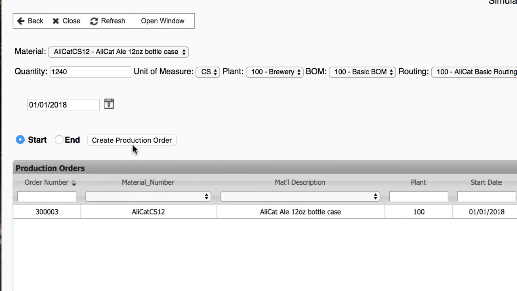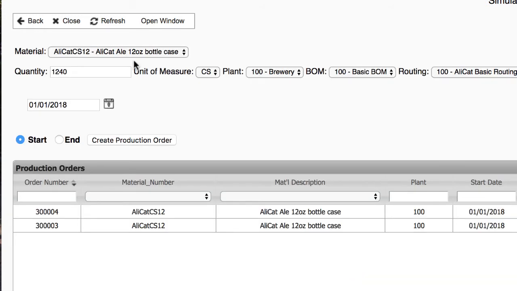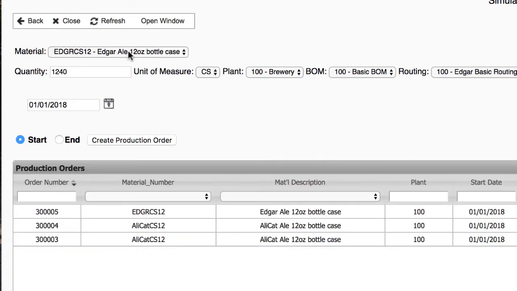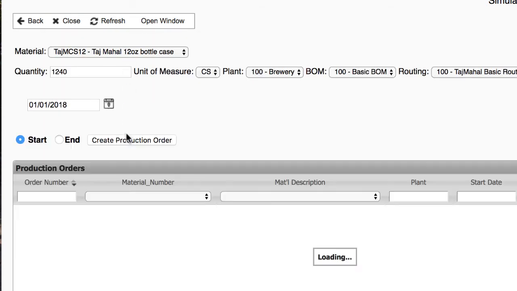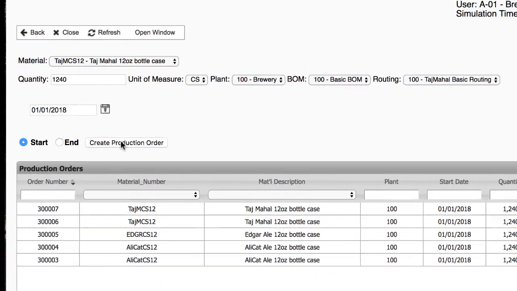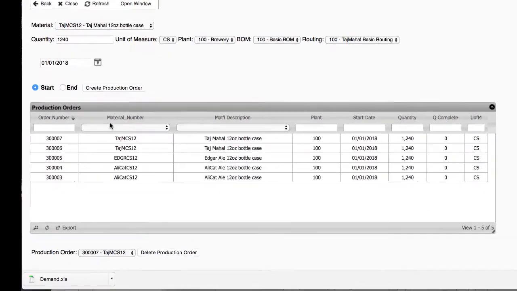In this case, I have 4 fermenters. I know that Alley Cat is going to start to sell in the summer, so I'm going to make 2 orders for Alley Cat. I'm going to make an order for Edgar Ale, and I'm going to make an order for Taj Mahal. If I accidentally click Create Production Order when I did not intend to, I can scroll down